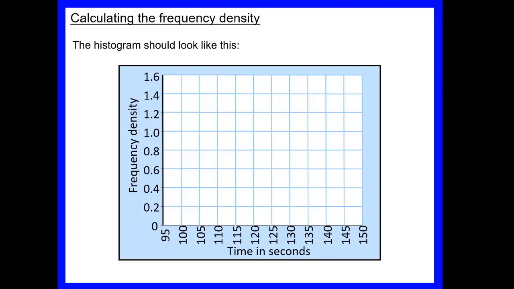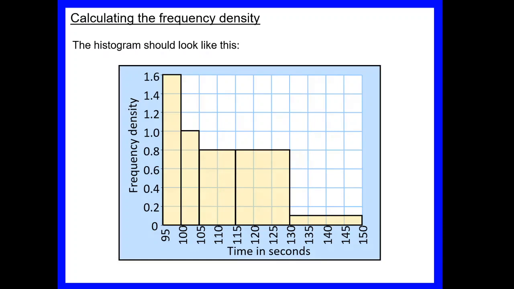Remember, the width is the width of the group, that class interval, and the height is your frequency density. So from 95 to 100 we had 1.6. From 100 to 105 we had 1.0. From 105 to 115, 0.8. 115 to 130 was also 0.8. And from 130 all the way to 150 was 0.1. So you'll notice the bars are different widths as we go along and different heights based on our frequency density. Make sure you're happy with that